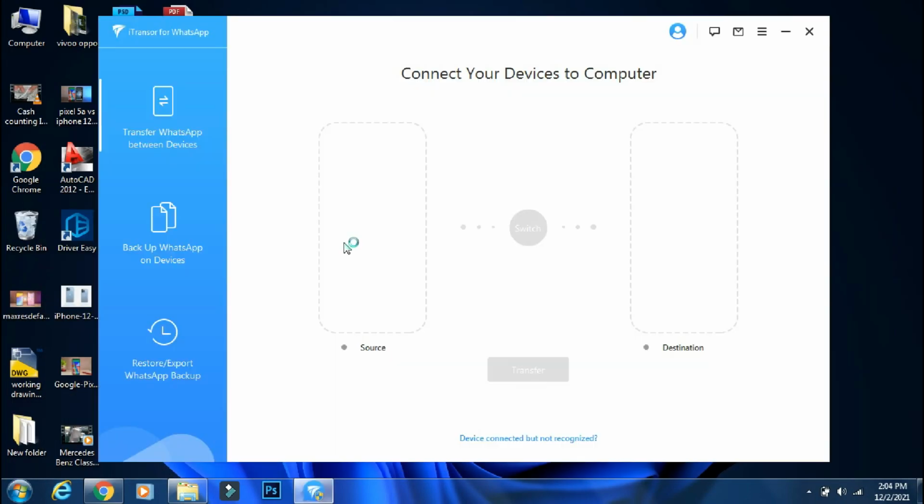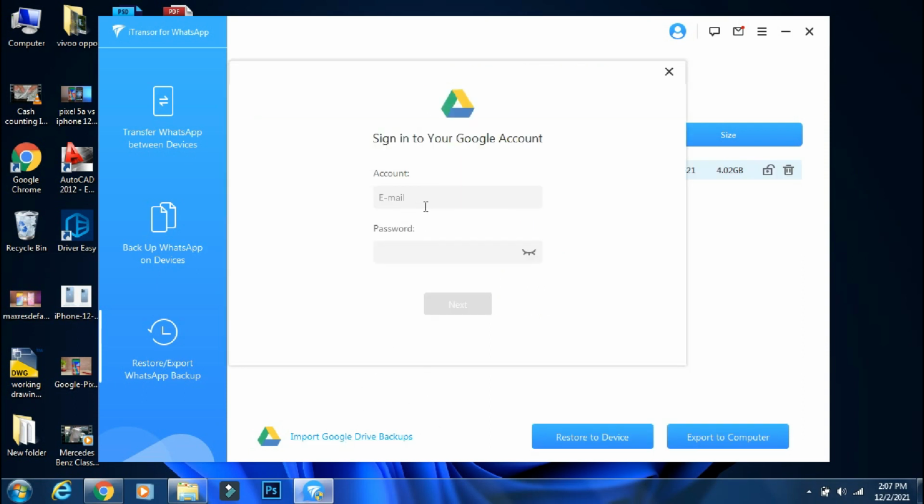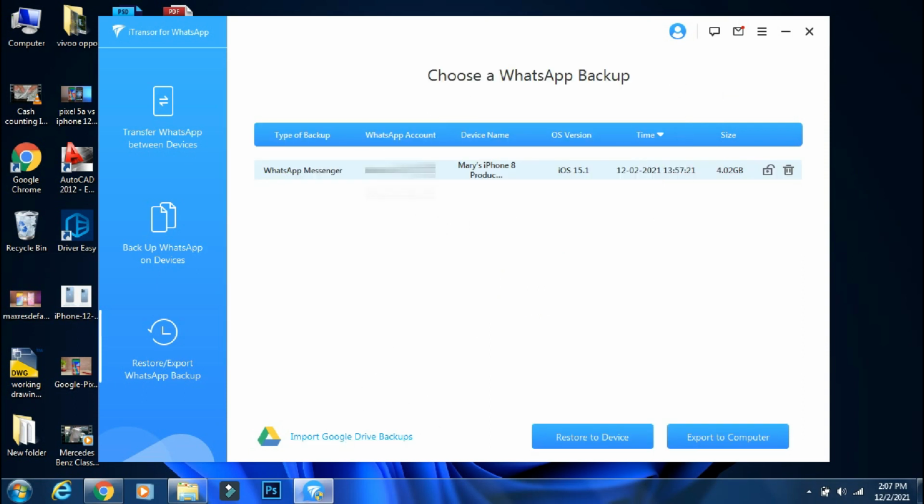Although this app is not free, it's worth every penny, as you can use iMyFone iTransfer for transferring WhatsApp data like chats, pictures, documents and audio files. So there are three methods. First is the direct WhatsApp transfer between devices. The second one is to first back up to PC from one device and then restore it to the other device. And the last one is to download WhatsApp data from a Google Drive backup and then restore it to your phone.